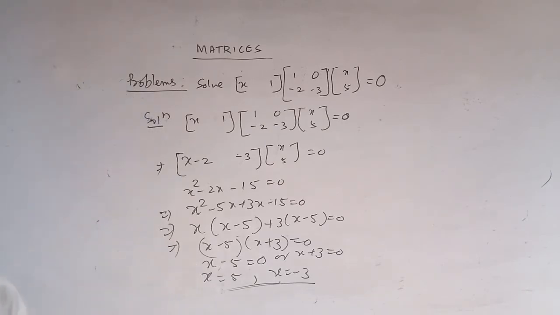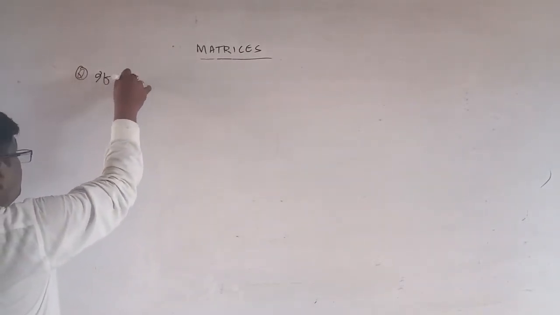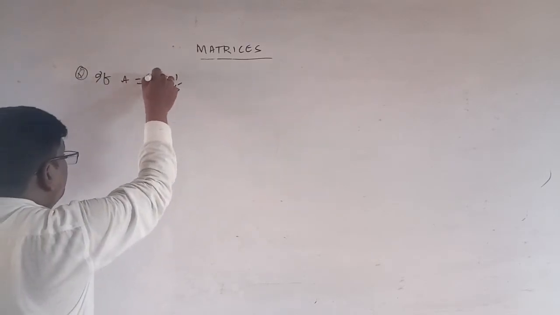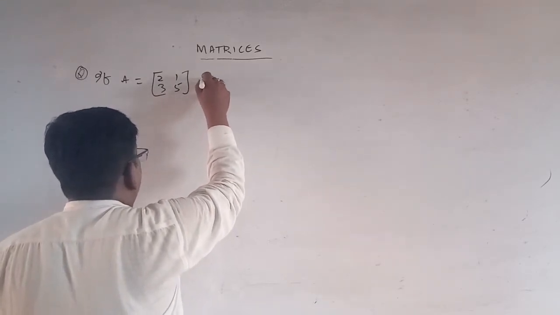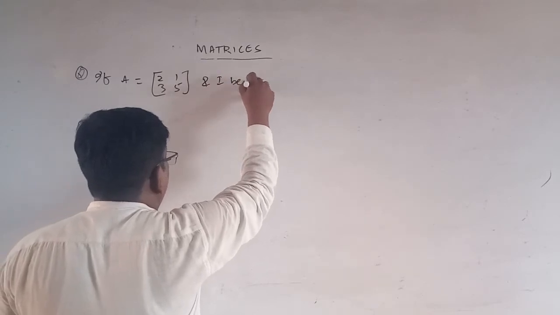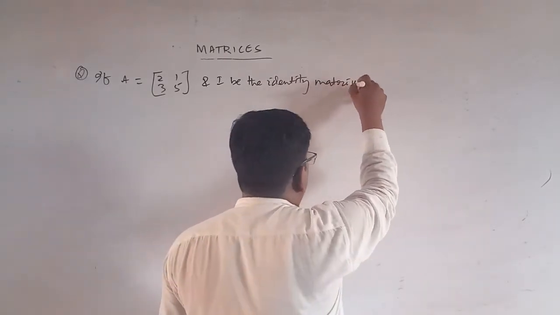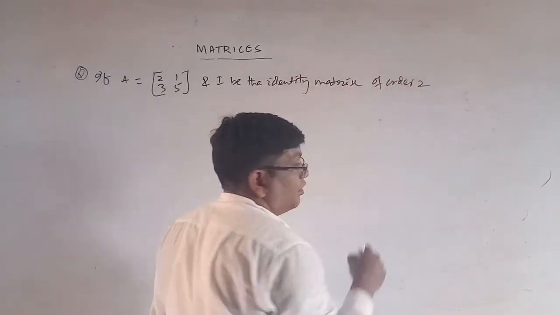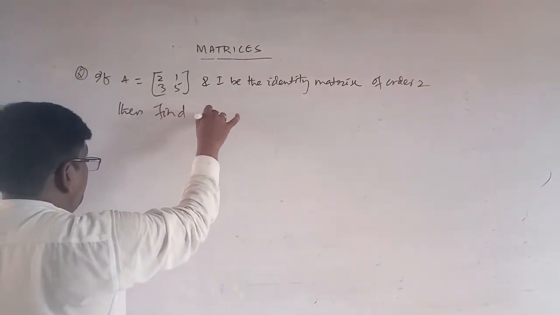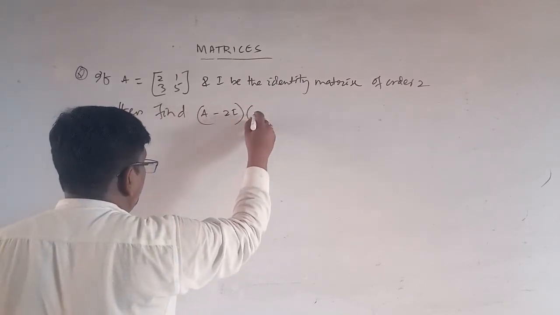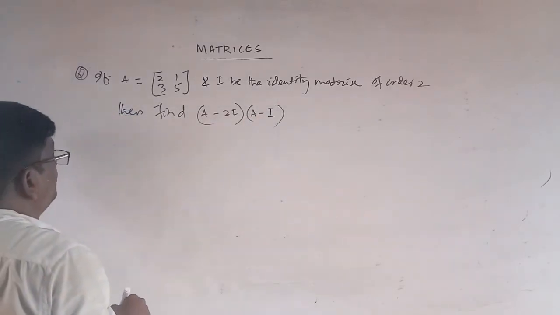Now another question. One question: if A is equal to 2, 1, 3, 5 and I is the identity matrix of order 2, then find (A minus 2I) into (A minus I). So the solution is